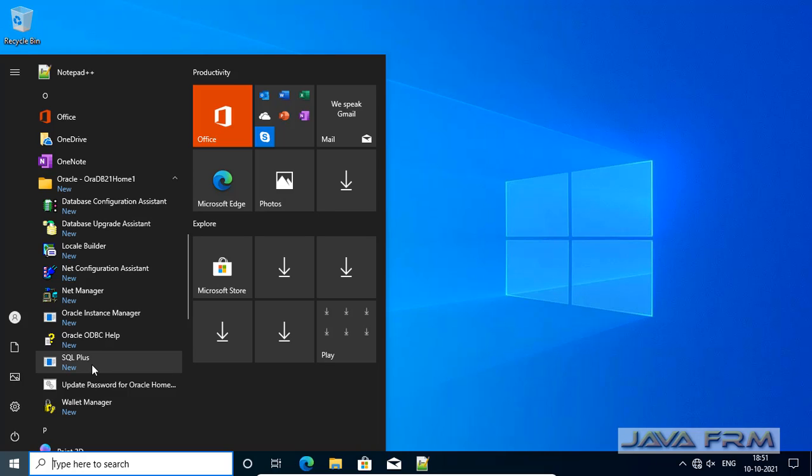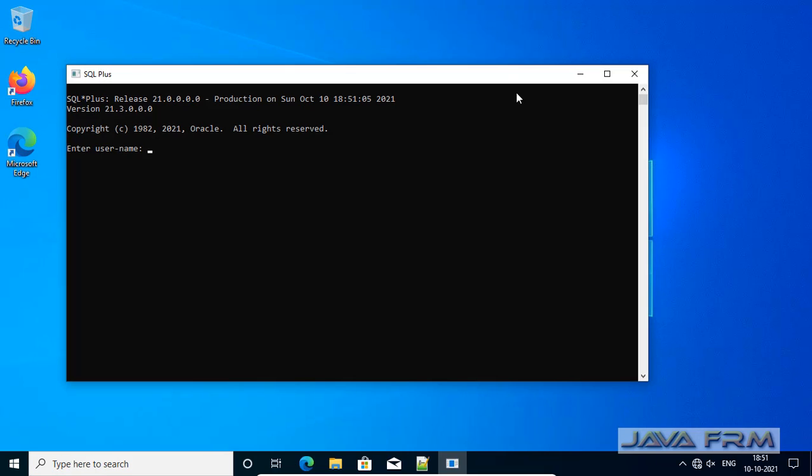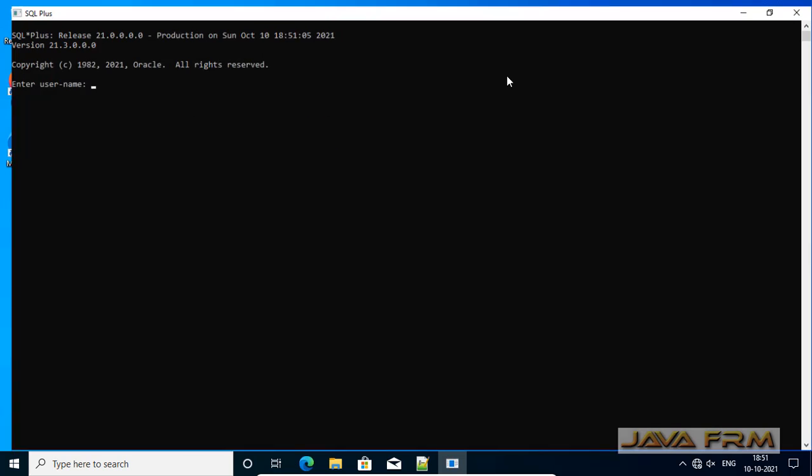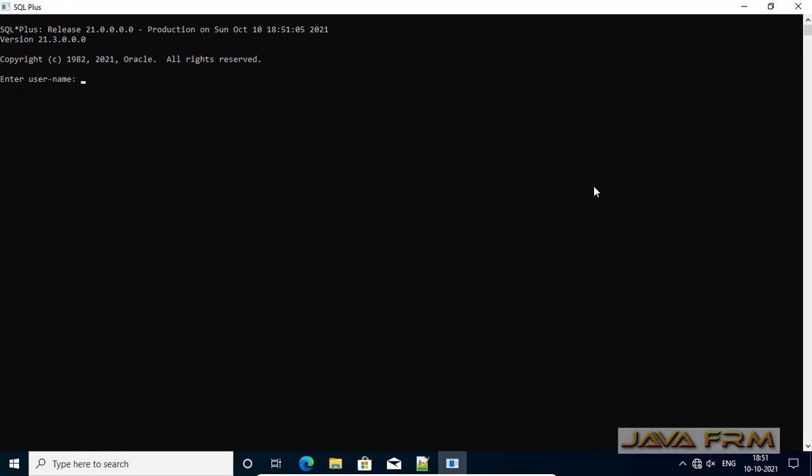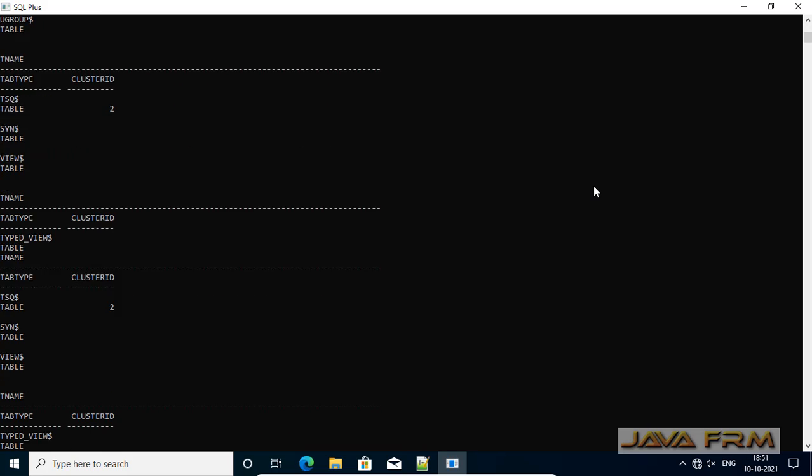So now I am going to start SQL Plus. I am going to check whether I can connect to the Enterprise database as the sys user. So sysdba, provide the password. Okay, I am running the basic queries.